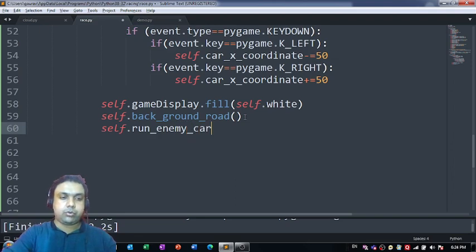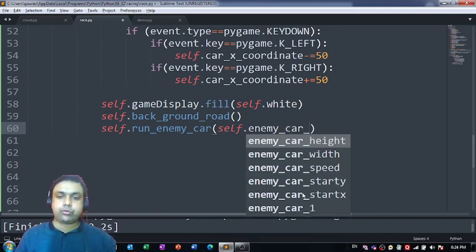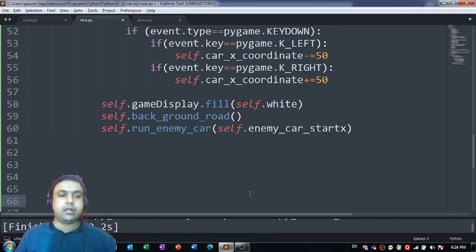enemy_car. So that's another function to which I would like to pass some parameters. Self.enemy, I would like to pass self.enemy_car_start_x, right? So that's the function with the help of which I am going to bring my enemy car sprite on my gaming window. So self.enemy_car_start_x we can use over here, and then we can use,